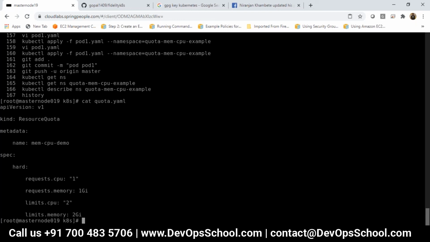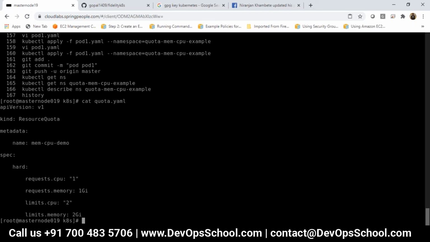Thanks. So Gopal, here I have one question. When you applied that quota.yaml file to that namespace, this is the output. After you applied the pod.yaml file, there is no change, right? Why you need to check? Deploy that pod.yaml, then deploy that pod1.yaml also. First deploy pod.yaml, then deploy pod1.yaml, then check what is happening.